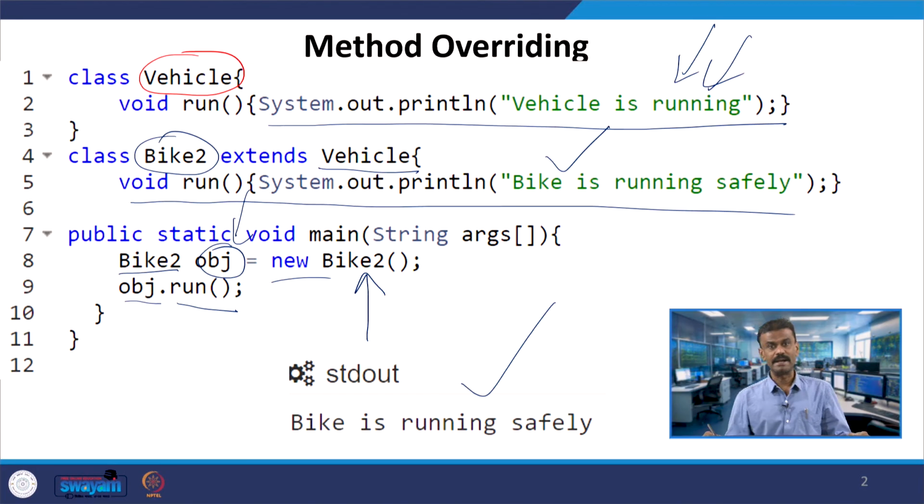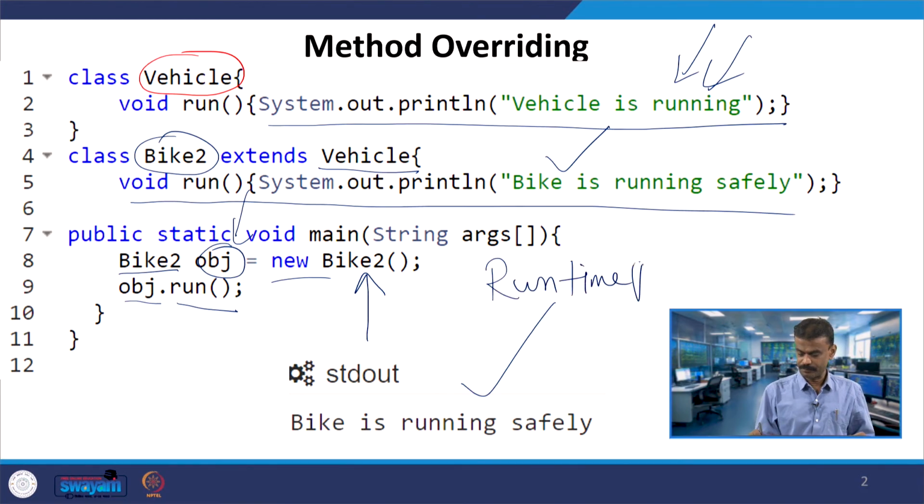This will be decided during runtime. Whereas in method overloading or function overloading, which function should be called is decided during compile time, so that is called compile time polymorphism, whereas this is an example of runtime polymorphism.